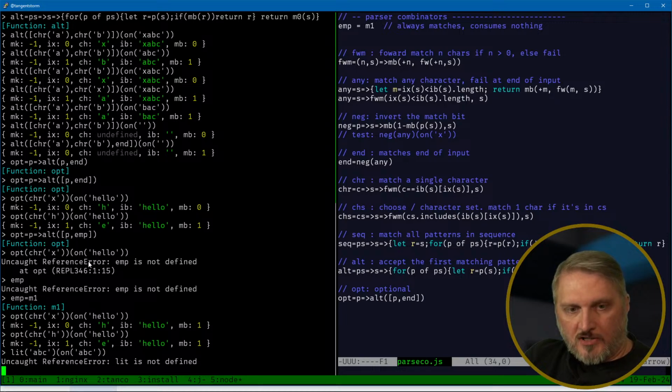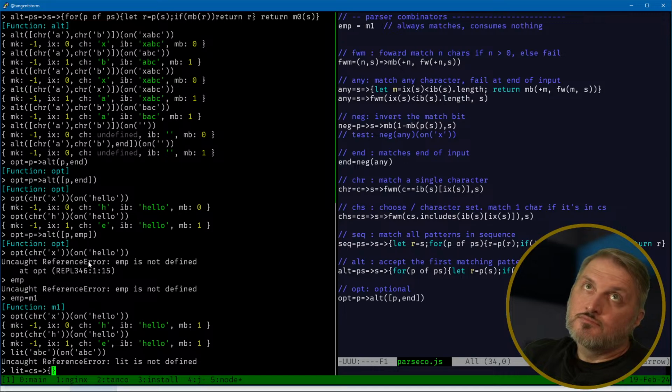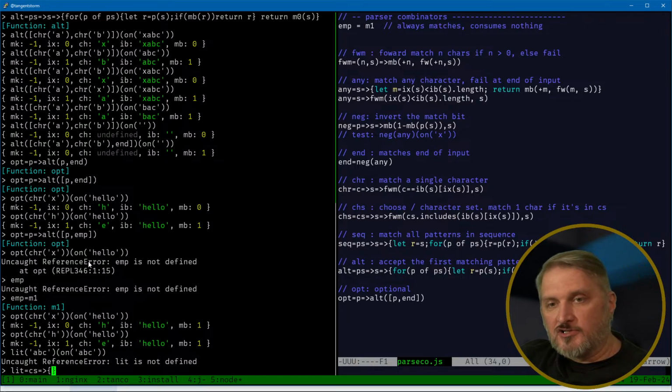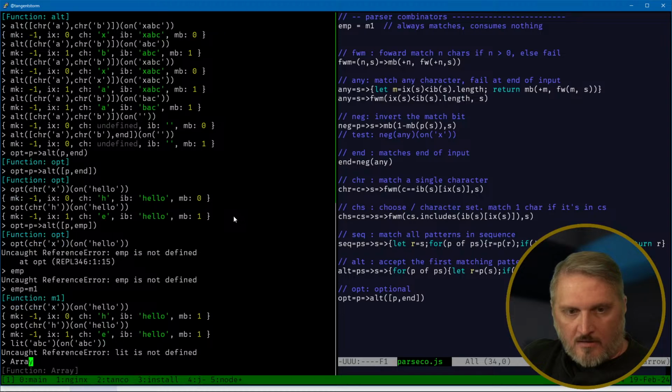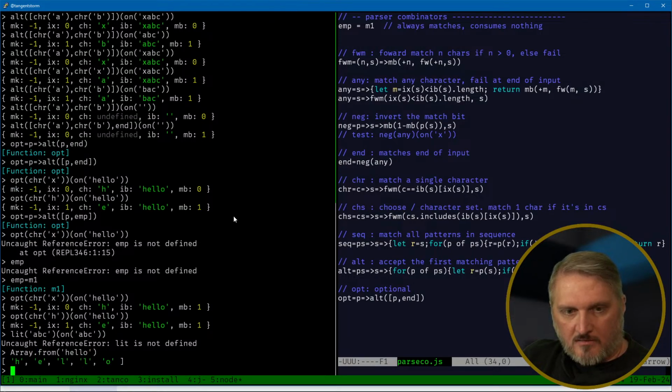And the way we're going to construct that parser is we're just going to say for... I mean, we could like duplicate the logic of sequence, but I think what we need to do is just say... that's the problem with this. So array from, I believe is the way you take, yeah. And if we have an array,